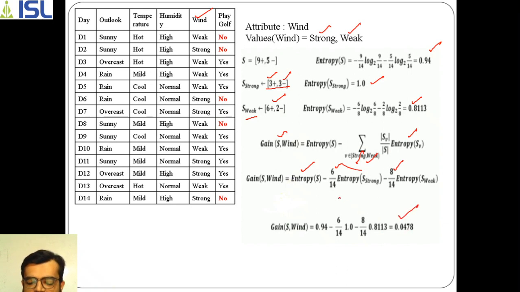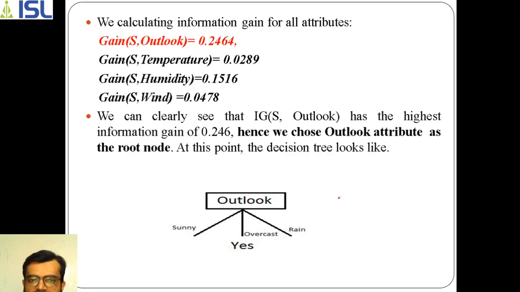So now we have finally got all of the 4 values: this is for the outlook attribute, this is for temperature, this is for humidity, and this is for wind. If you observe this, you will find that outlook has the maximum information gain among all. So by this we can decide that you can put outlook as your root node. So here the tree gets started. The first part of your tree started by taking outlook as the root node.